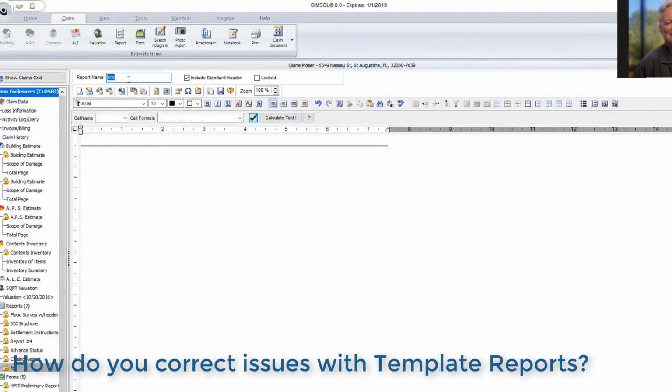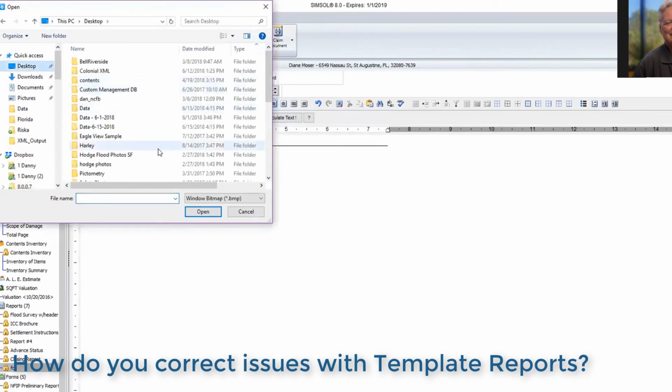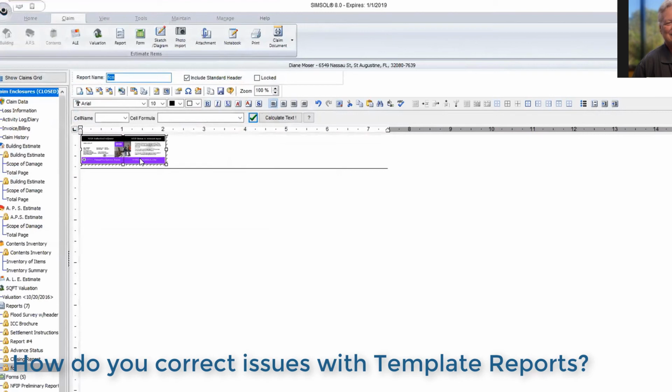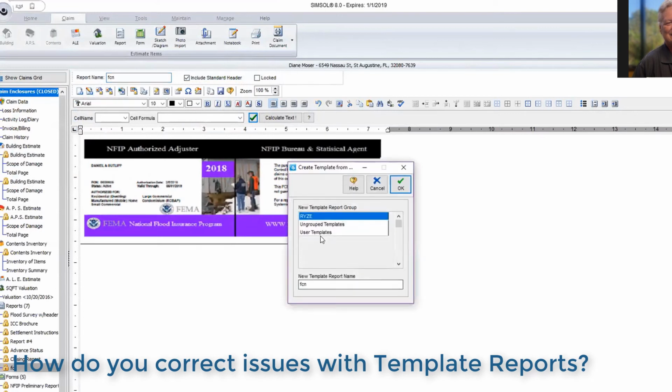one thing that I omitted to do, but I'm going to do it right now, is you want to put in your FCN card. Okay, so I just wanted to show you how to do that, and I forgot to do that. But anyways, I've got an FCN card here, and I'm just going to come up here and say insert graphic. And then from that, I'm going in and I'm finding my FCN card. Okay, in this case, there it is right there, 2018. Now I have to resize this real quick because of the size of it, but there we go. And what I'm going to do here is, now that I have my FCN card, I can come up here and save it as a template. Okay, so I'm going to come up here and save as template as report, and now it's saved,